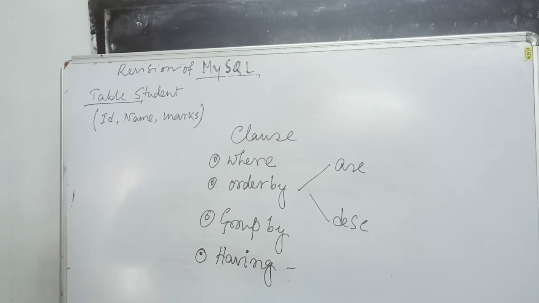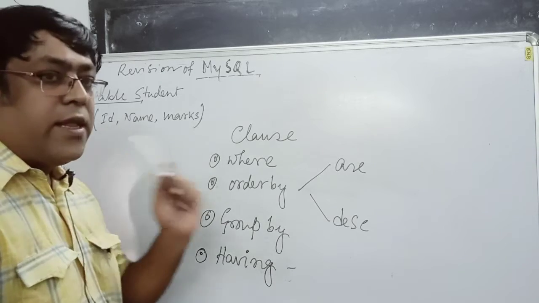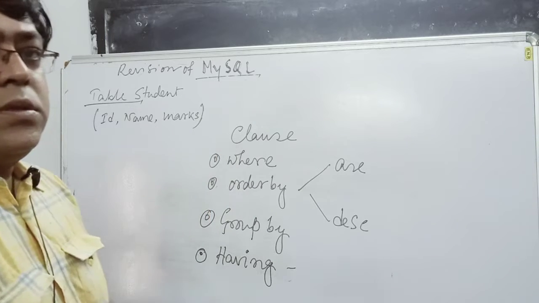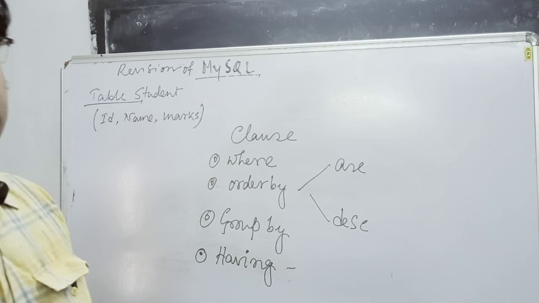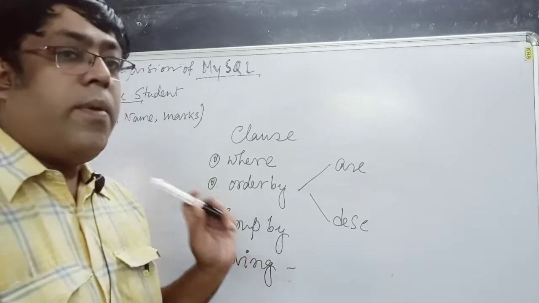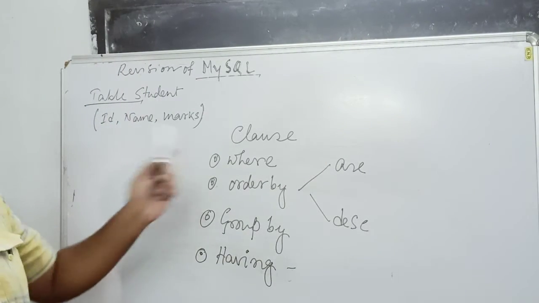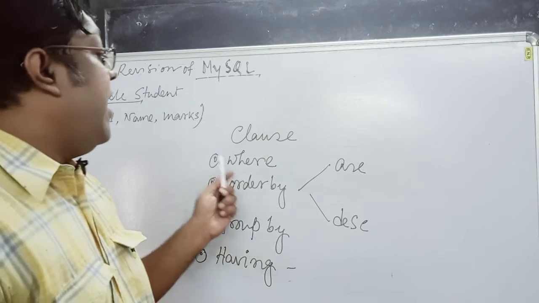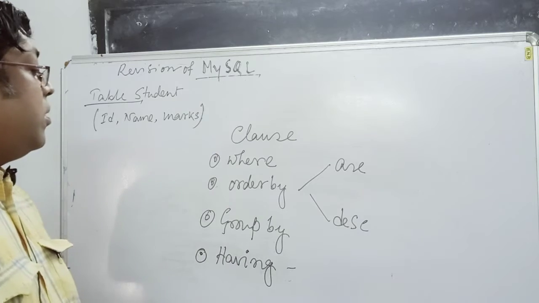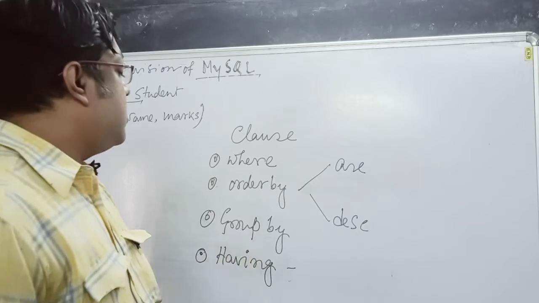Before learning about the query, we have to know another important section found in SQL commands, which is clauses. The four different clauses present in our syllabus: first one where, second one order by, third one group by, and fourth one having. The where clause helps to fetch records from a particular database. We use several types of queries with the where clause.